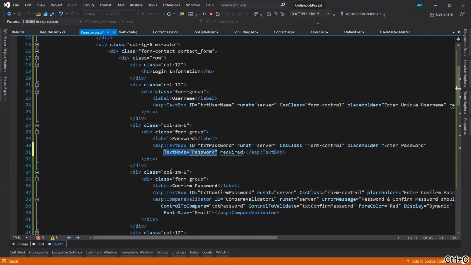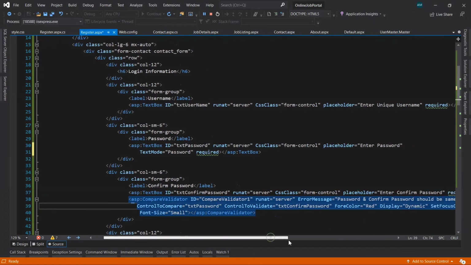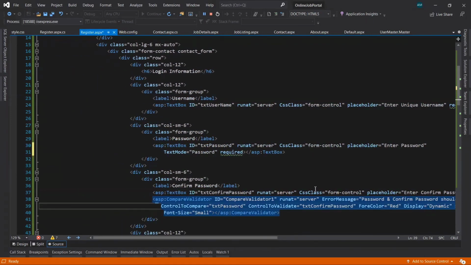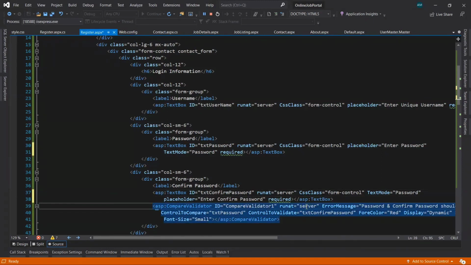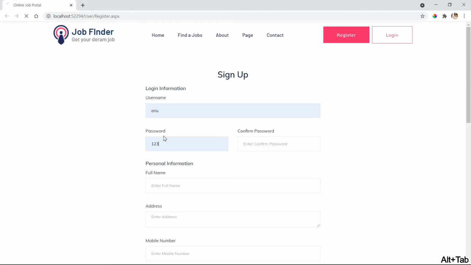Copy that and paste it here also. Save it. Refresh it.